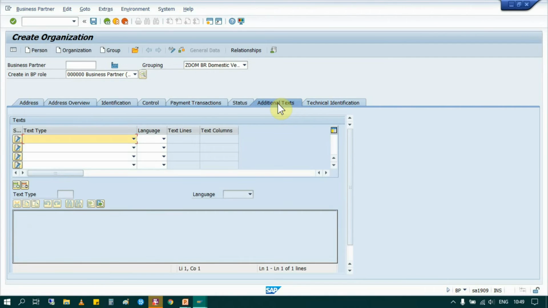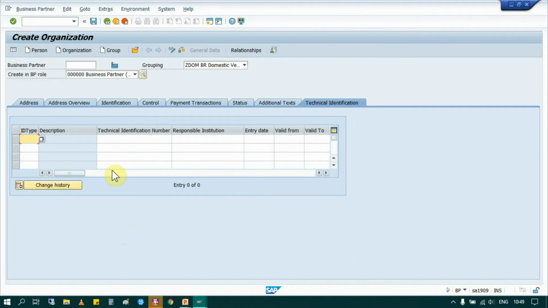Additional text is nothing but if you want to maintain a certain note regarding this vendor, so you can maintain it here. Then technical specification is just any identification like driving license or anything according to that vendor's